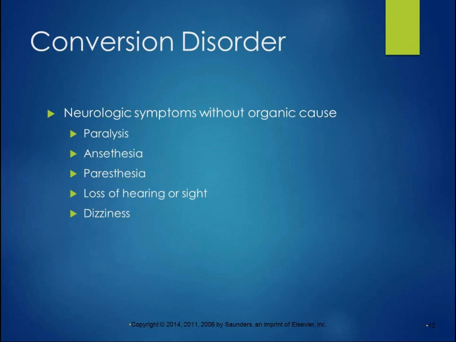So a lot of times they're being worked up. They're looking for possibly MS or some other, like a spinal cord injury, something that is going to cause them to lose their ability to walk. But the more tests that are done, the more that they see there's no organic cause. It's usually treated with psychological therapy. However, physical therapy is often an adjunct for that conversion disorder.